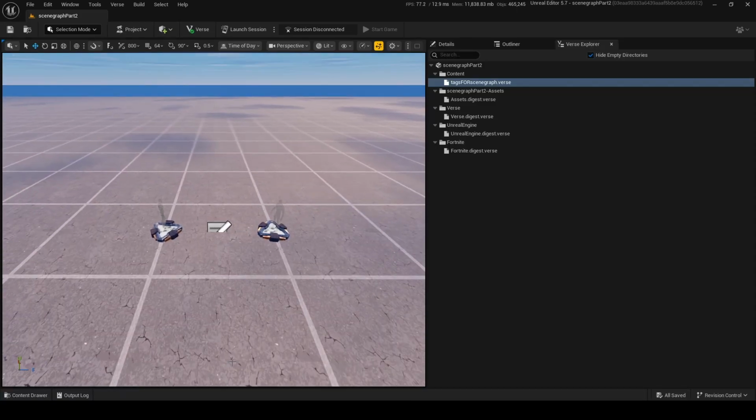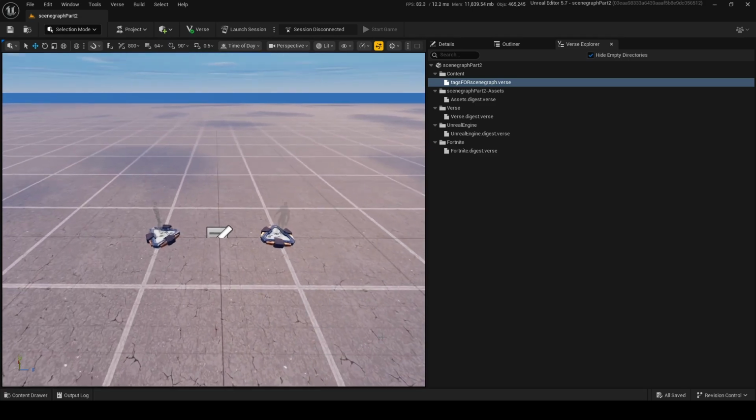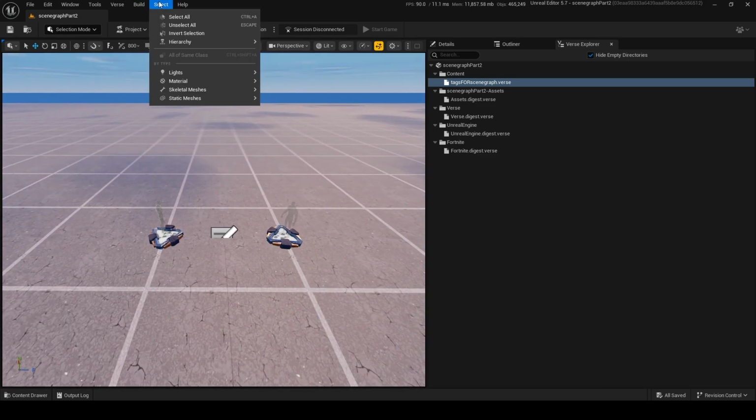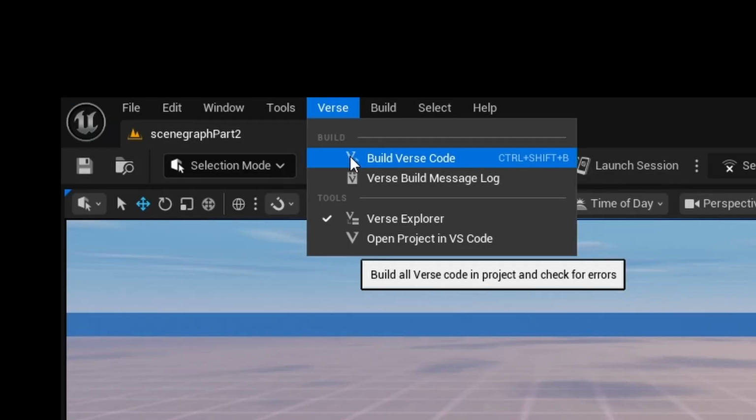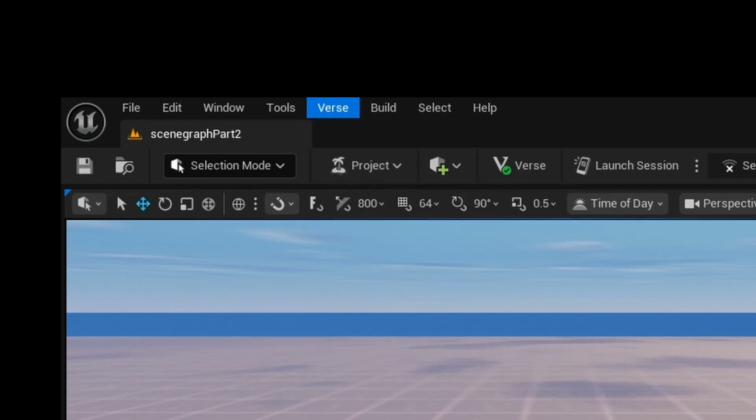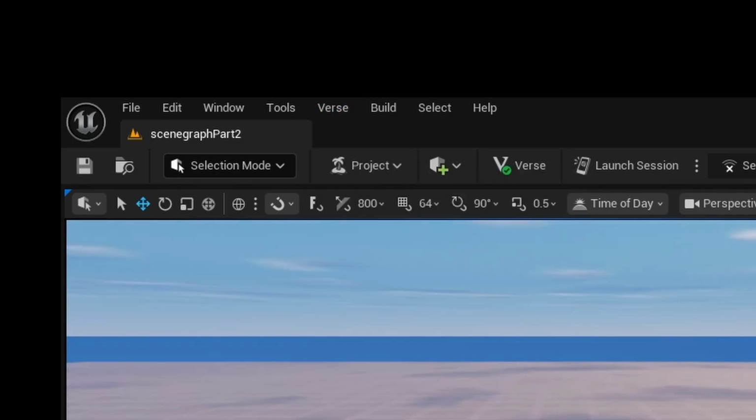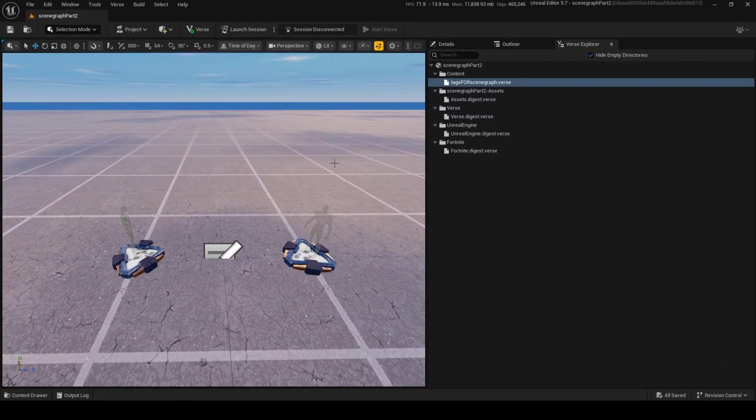Now it's important to remember that building your Verse code is very important if you want to update everything. So just go up to here in the Verse menu and build Verse code. You can also do Control-Shift-B if you want a shortcut, but you can also just go up there. Anywho, so now that we have our tag set up, before we actually start with all the spawning and everything,